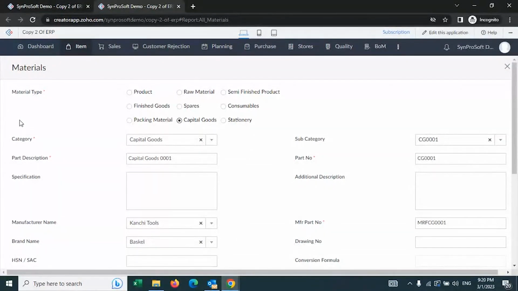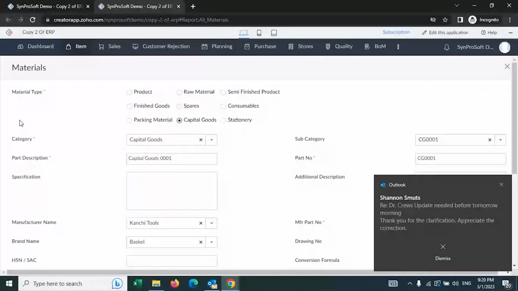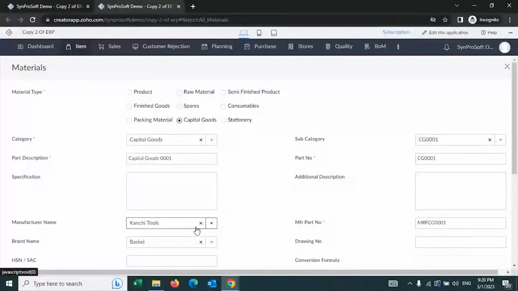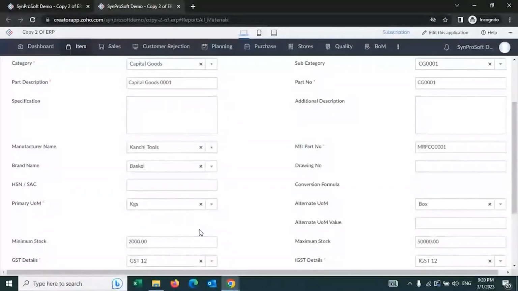Every item can be categorized at a top level as a product or a raw material or a consumable, or even some of the child items that you may want to configure. You can do that. Consumables can be created here. The packing material can be created here so that you know exactly what needs to be done with the packing materials as well.